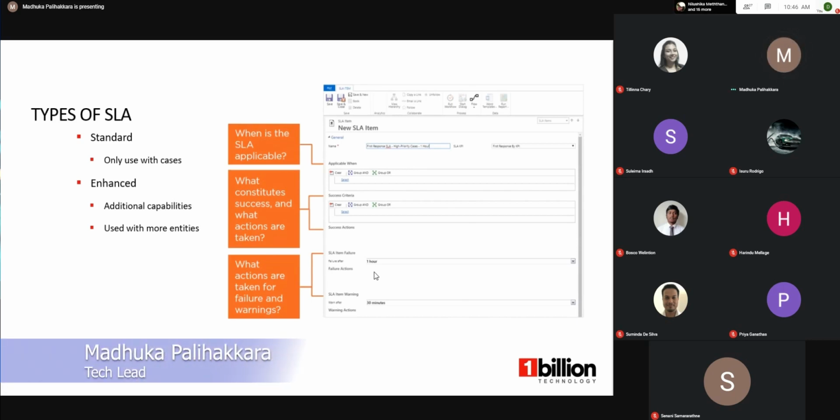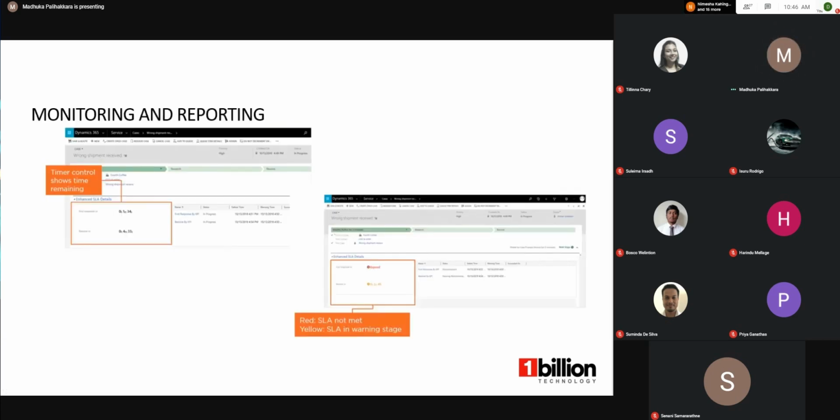If it's more time, we can set emails, warning messages, and those kinds of things. And of course, how we can monitor this time. If a customer representative agent is going to work on a case, once he has opened the case, he can see the SLA figures in a separate section with remaining time and all. Even if the SLA has expired, he can see it in red color, and the orange color means the warning sign.